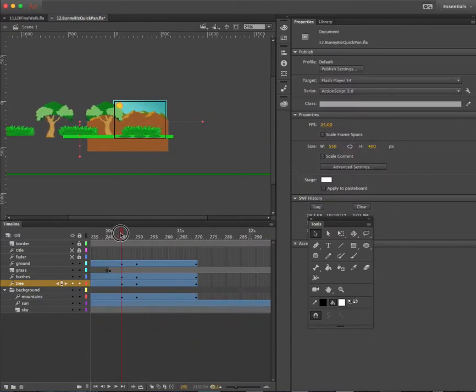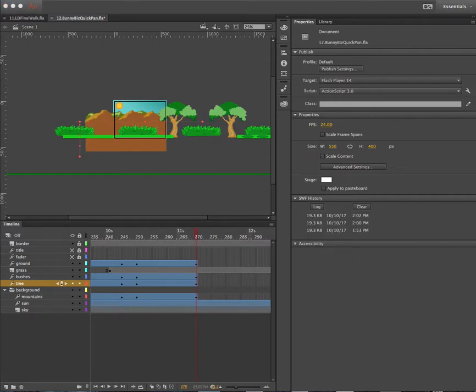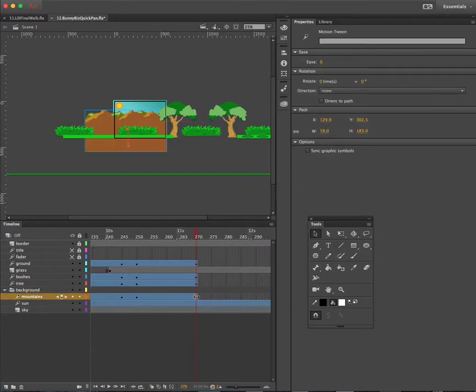If you'll notice, here we go. Things are like this, then there's a brief anticipation move, and then the big swing of the camera to the left. All right, now the mountains will move some, just not as much. So I need to go to 270 of the mountain layer. Okay, and going to move that. Oh, well, you know, before I do that,